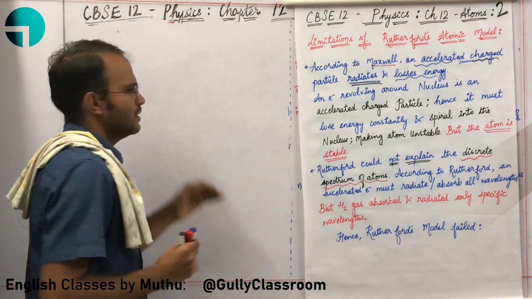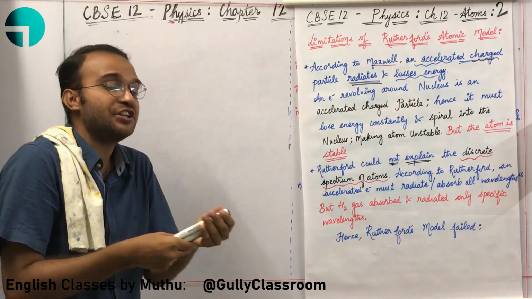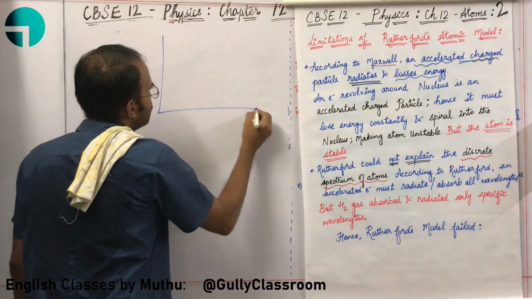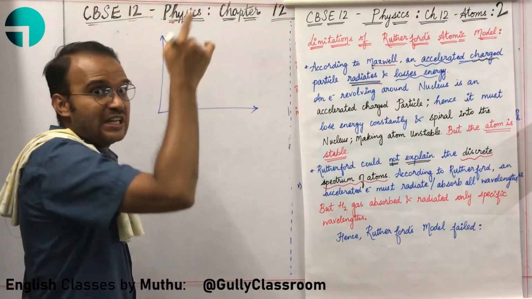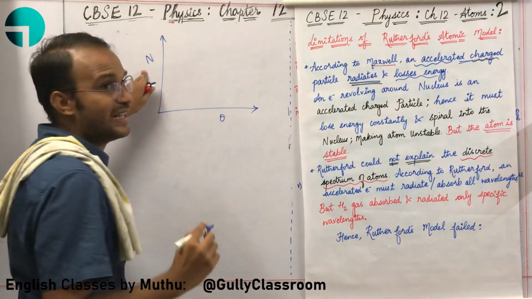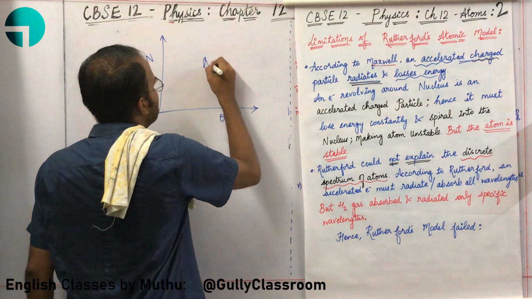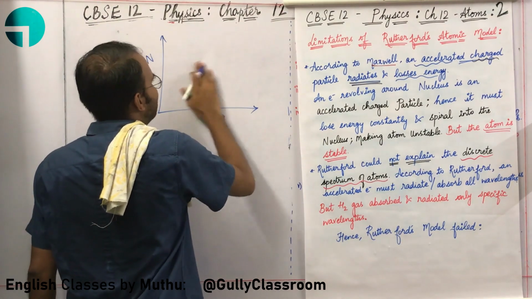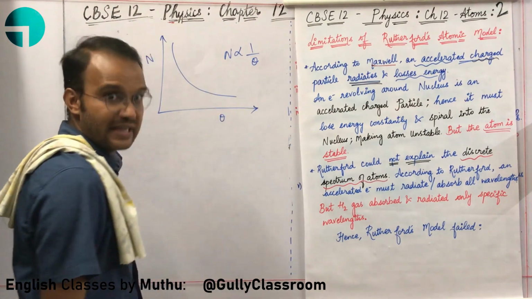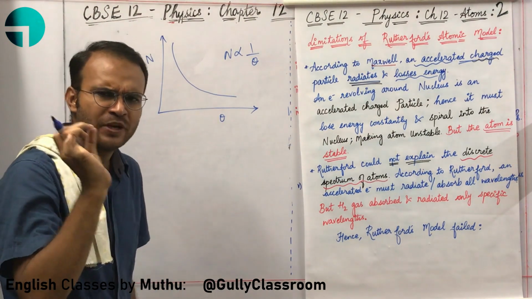Before we get into this lecture, let us do a very short recollection of what we have already learned in the last lecture. In Rutherford's gold foil experiment, we compared between N and theta. N is the total number of scattered alpha particles and theta is the scattering angle. We saw that N is inversely proportional to theta. Also, Rutherford derived an experimental formula.